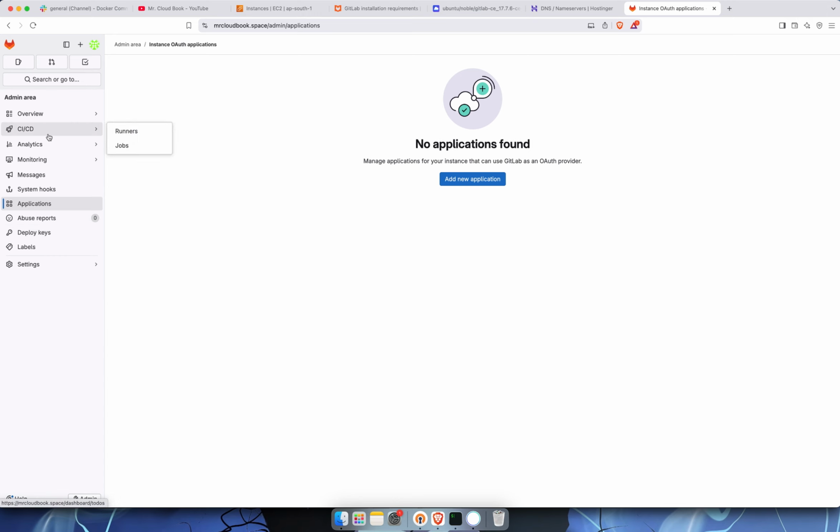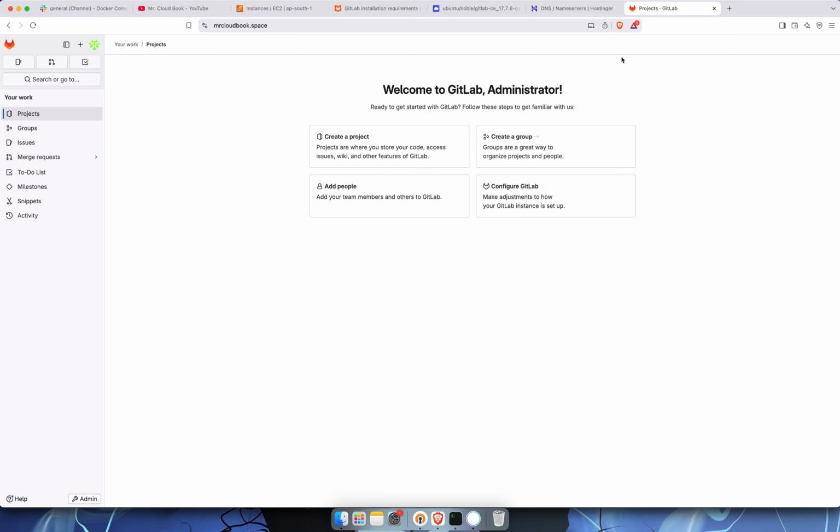Okay, so this is all about this one. See, but anyone can access my Mr. Cloudbook.space, right? So we will see how to secure the particular